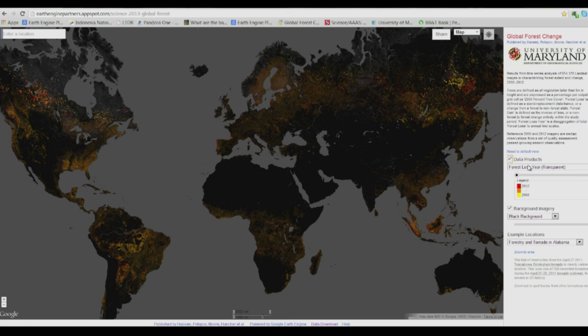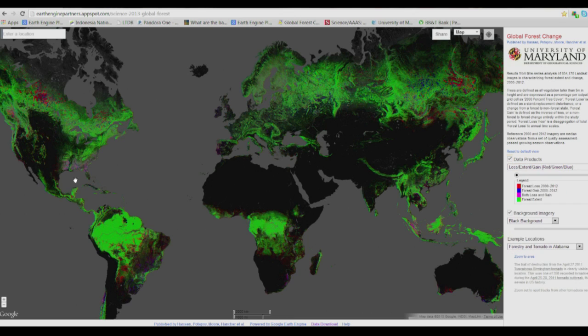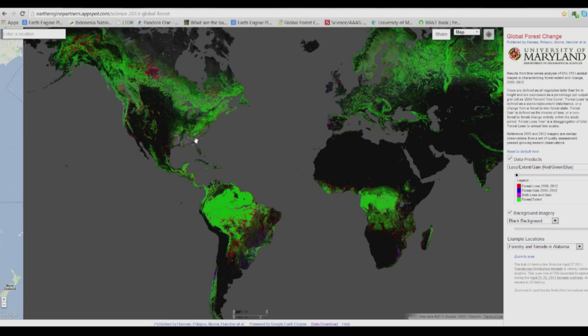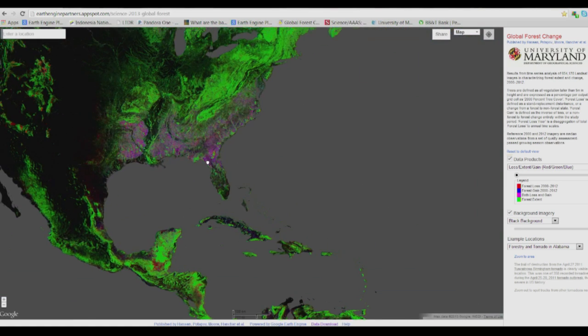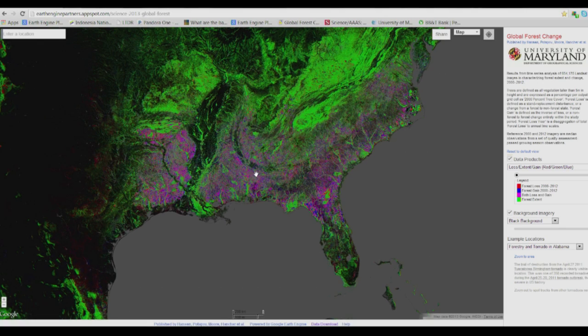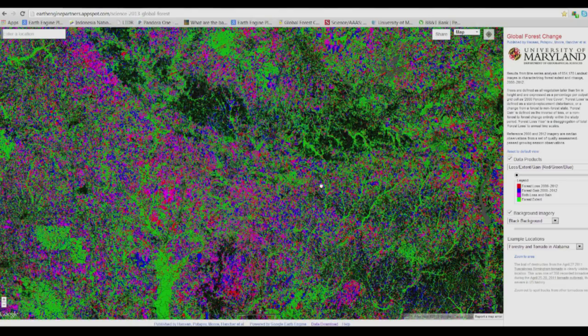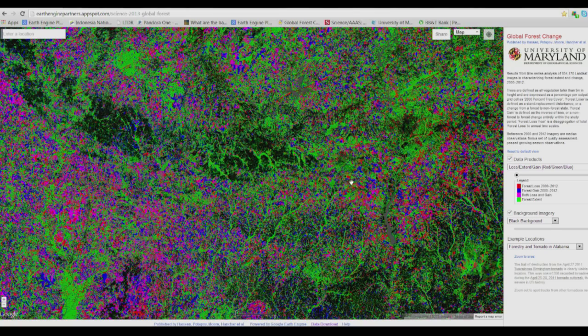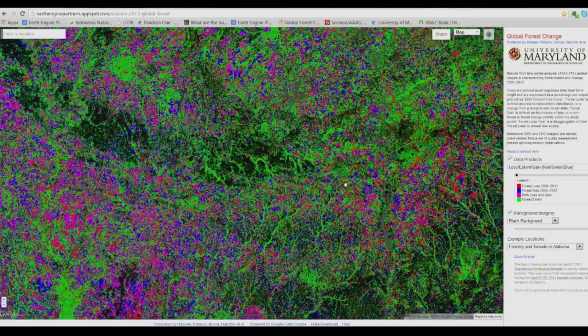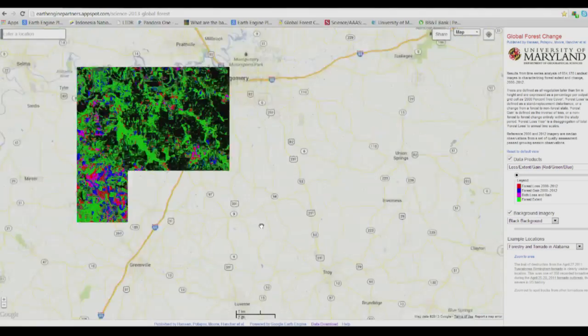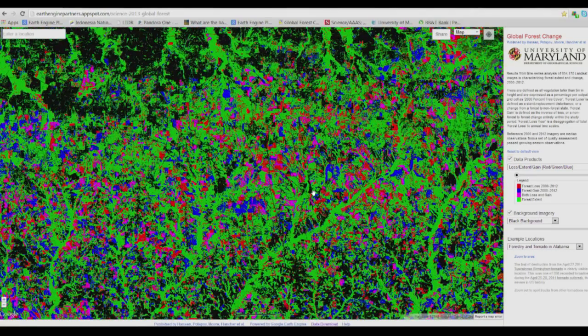I'm going to go in first to one of the most intensively used landscapes in the globe, which is the subtropical domain of North America. And when you zoom in here, you start seeing the colors of change more clearly. And so just to be really careful and slow here, the greens, again, are tree cover that didn't change. The black tones are non-tree cover that didn't change. And then if you see blue, it's a tree cover gain. If you see red, it's a loss. And magenta is the mixture of both red and blue, and that's a gain and a loss at the same